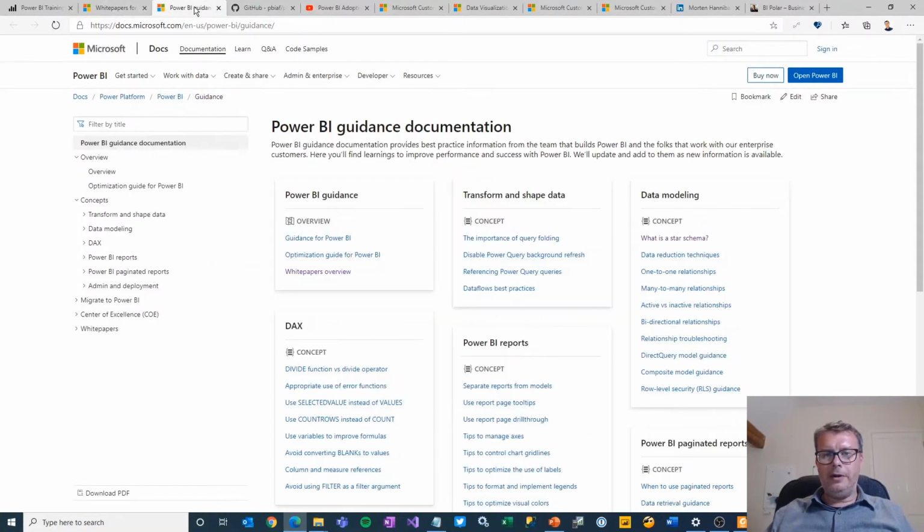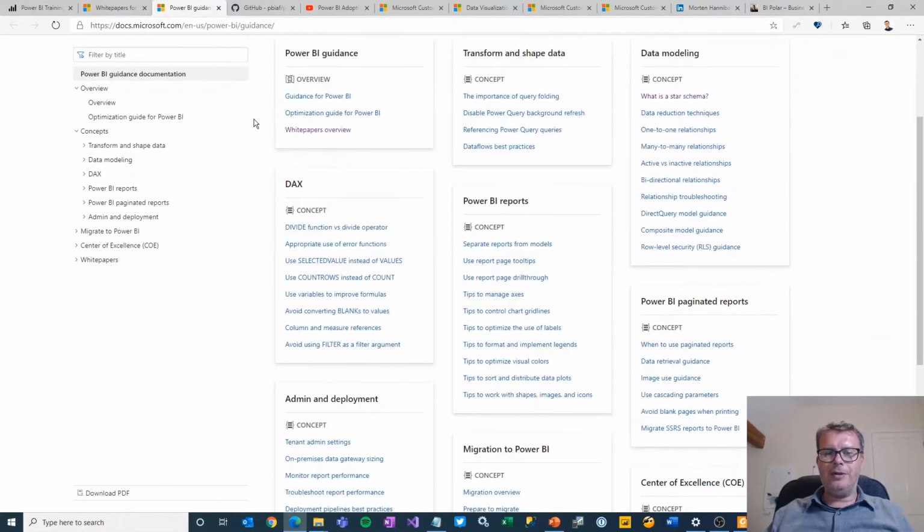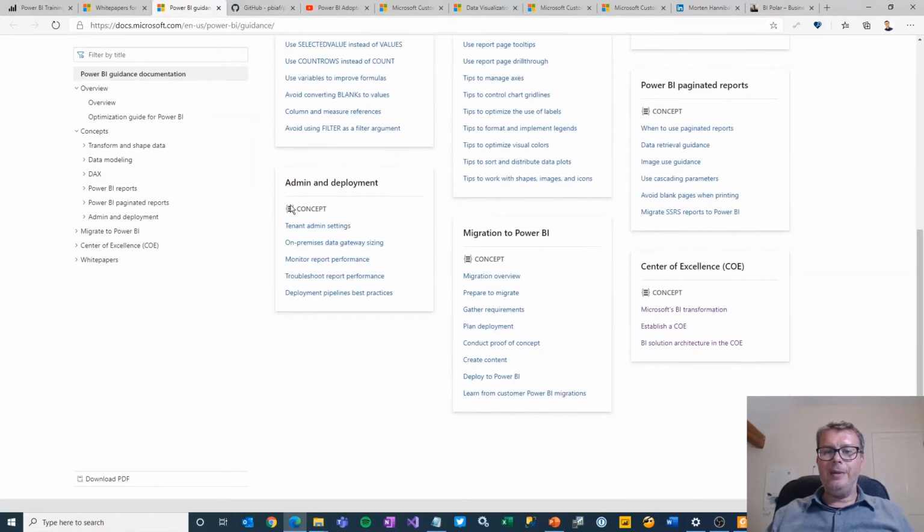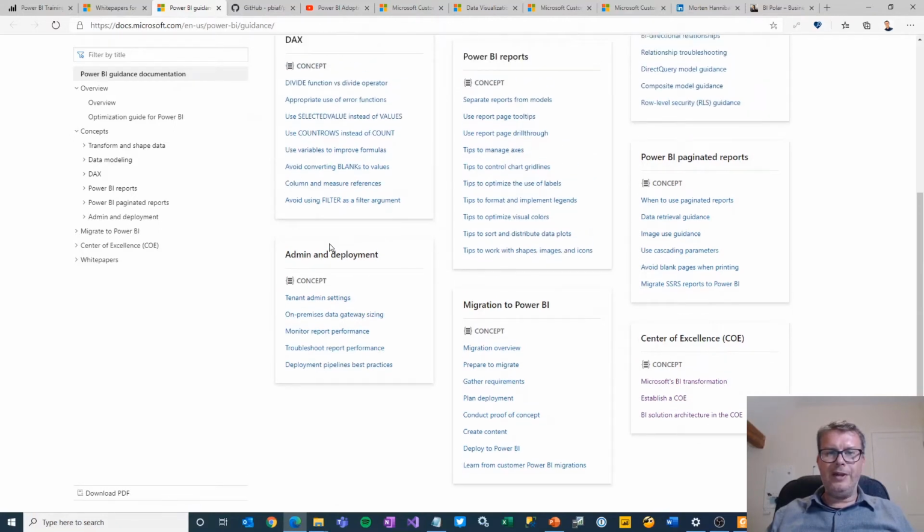Moving on, the team I work on at Microsoft, the Power BI Customer Advisory team, has its own new section of the docs, the Power BI official documentation, I should say. And guess what? There is an admin and deployment section inside it. Over time, you'll find more and more articles being added here. As well as all of the useful technical detail, you can learn about admin and deployment. And there is also a section you probably want to read about establishing a center of excellence.